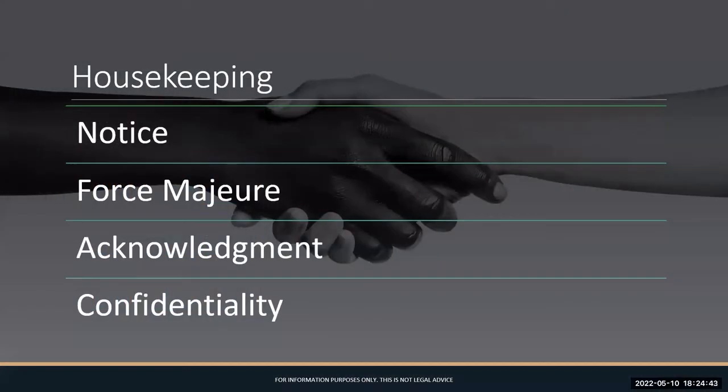Housekeeping terms are often incorrectly referred to as the boilerplate terms in the back of the contract. They're similar to the foundation terms because they define how the business terms in the contract will operate. The main difference between foundation and housekeeping terms is that they are normally not subject to a lot of negotiation, in my experience. There are exceptions, of course, but by and large, these terms are widely accepted, including how everyone will stay in contact or notice, what happens in the event of an unforeseen disaster or a force majeure,